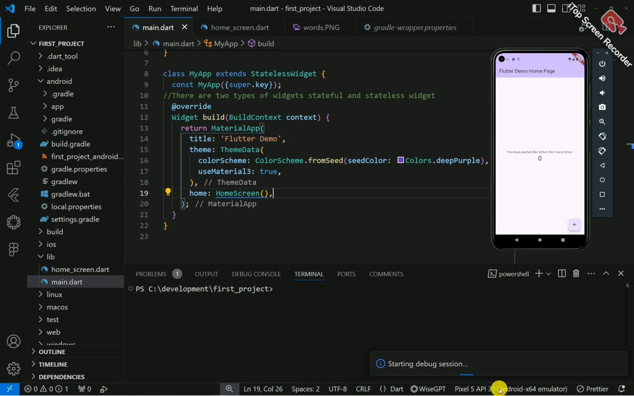So, guys, our build was successful, right? And this is what we have. On our home screen, let's go back here. We have this placeholder, right? This placeholder is just a widget that returns